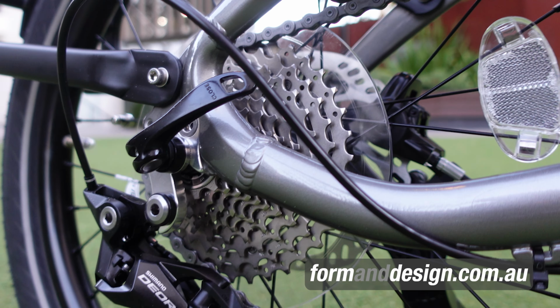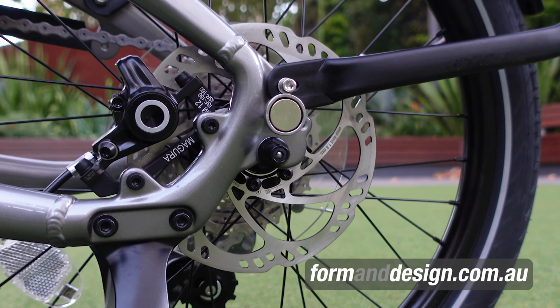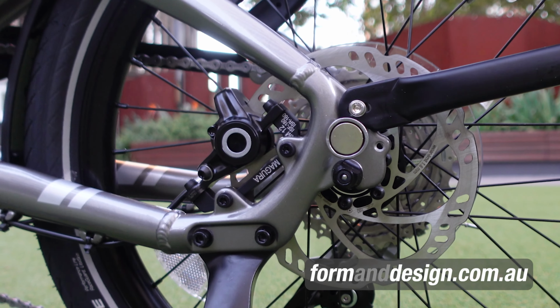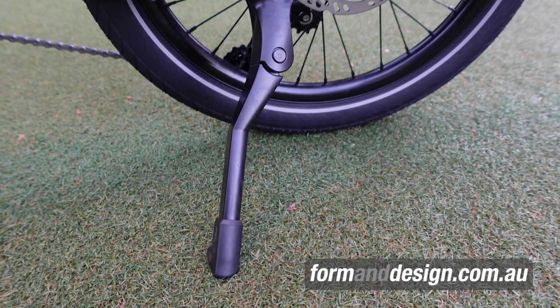The Vektron comes with Shimano Deore 10-speed derailleur gearing. It has Magura hydraulic disc brakes front and rear, which give it great stopping power and a nice progressive feel. It has front and rear fenders or mudguards, a kickstand,